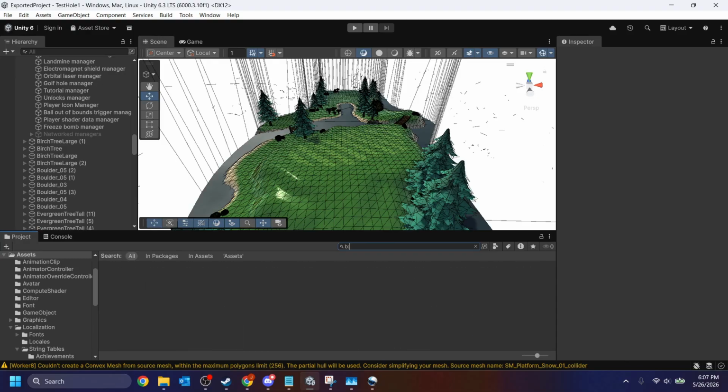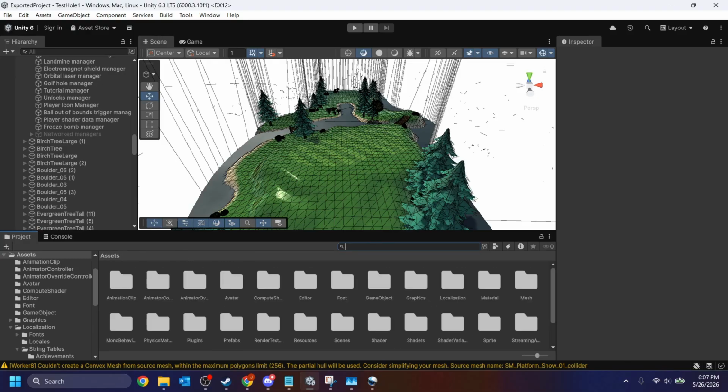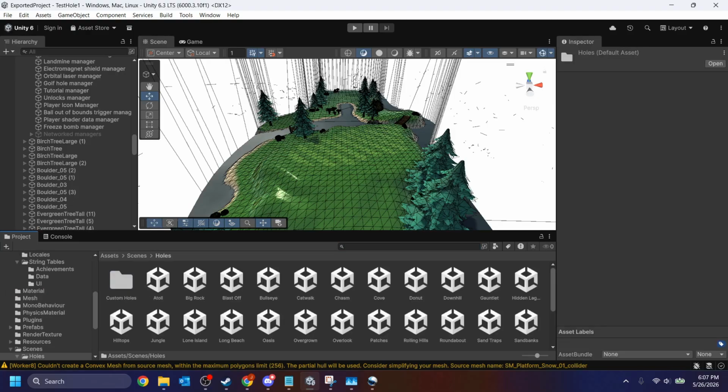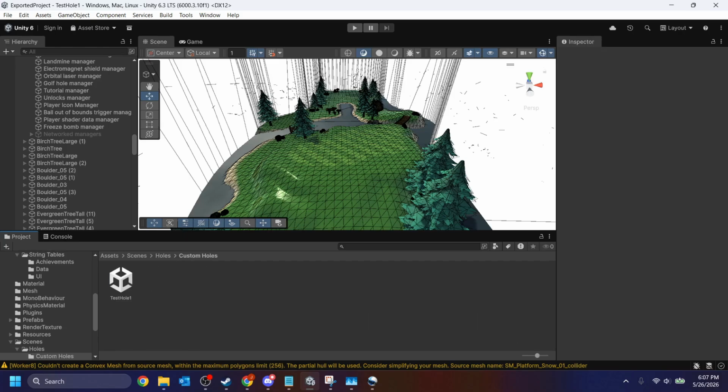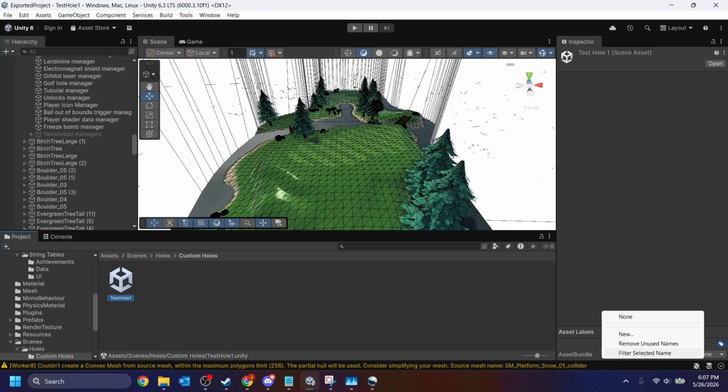Again, you can type b: to see what is all in bundles, as there's nothing here right now. What we are going to do is head over to assets, then scenes, holes, custom holes, and test hole 1 is what I called this. You have to remember what you called it in Unity. For now, asset bundle, I'm going to make a new asset bundle, and I'm going to put my username, Mac, dot, and then whatever I want to call this pack. This is going to be called